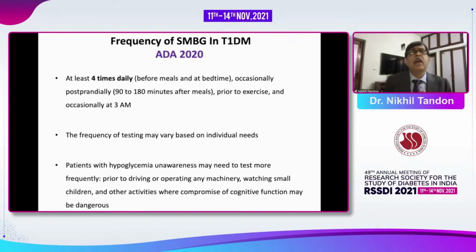And therefore, in India, you may not restrict yourself to just pre-meals. You may also consider pre and post meals because you're looking at a standard diet, which is a standard prescribed caloric intake and carb intake. And you really want to see what the delta value is. That is, what is the change from pre-meal to post-meal with a certain dose of insulin with a certain